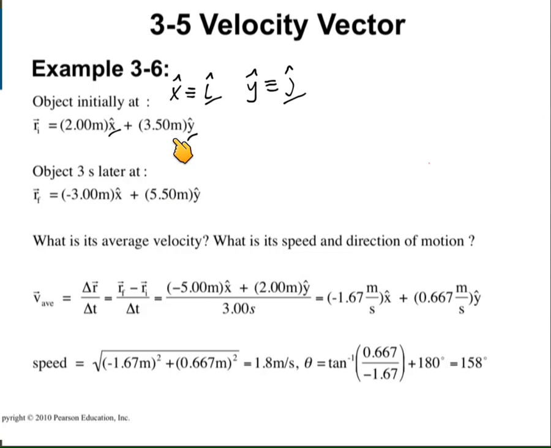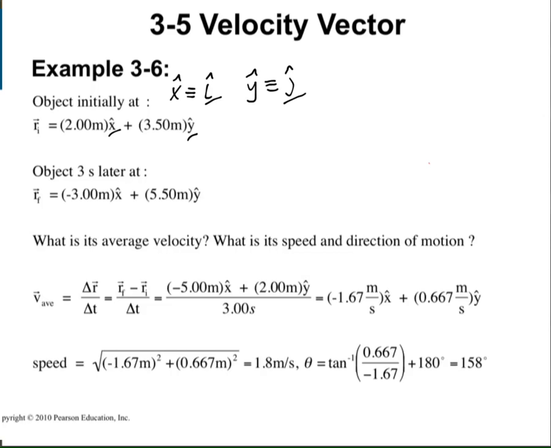And you will do the same for the y component. 5.5 minus 3.5 makes 2 meters. And you divide this by a scalar. It's the time measurement, and it's 3 seconds. If you do this and also put the units in correct positions,